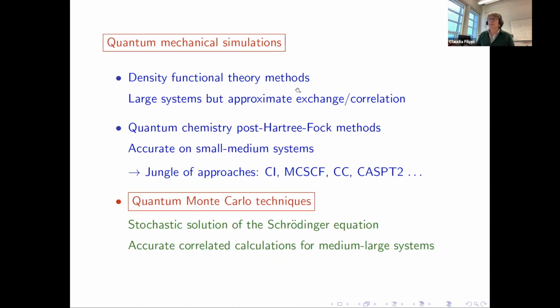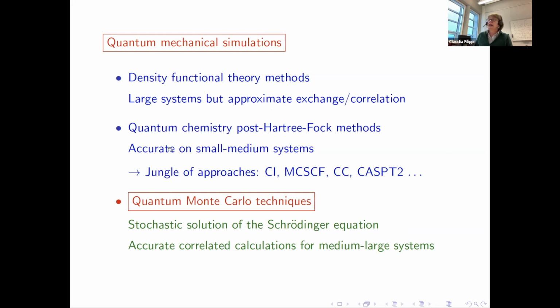Some of you might be very familiar with density functional theory, which is extremely powerful, can handle very large systems, but as you might know, it has an approximate component, the exchange correlation functional, and there are a lot to choose from, and often you find the one which works for your system, but if you don't, you must do something else, okay?